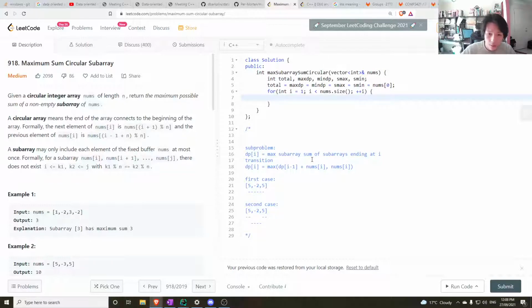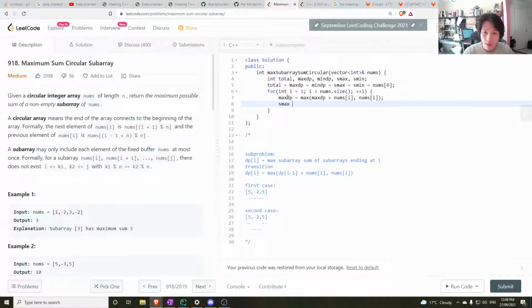And then we just use the transition that we have, which would be max dp is equal to the max of the previous max dp plus nums i, or just start a new subarray starting from this position. And you also want to accumulate what the max is in s max, the max of what s max currently is and max dp. That would be the answer for the first case, s max by the end. So this is calculating the